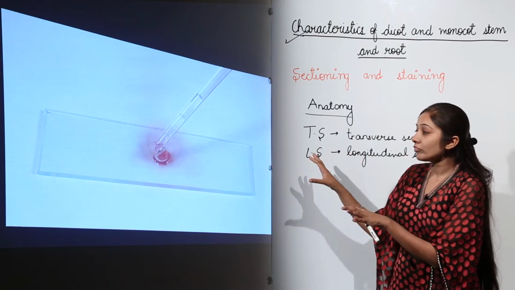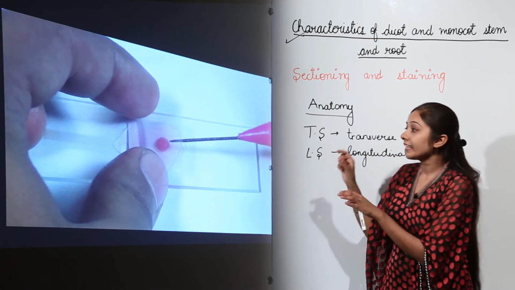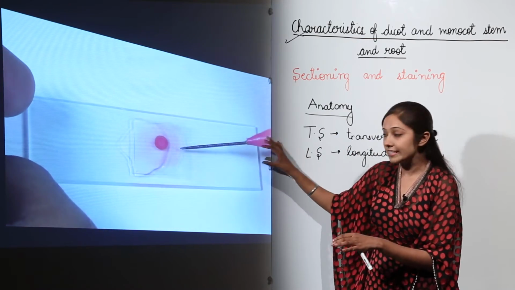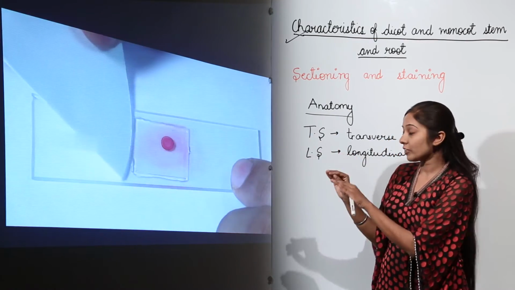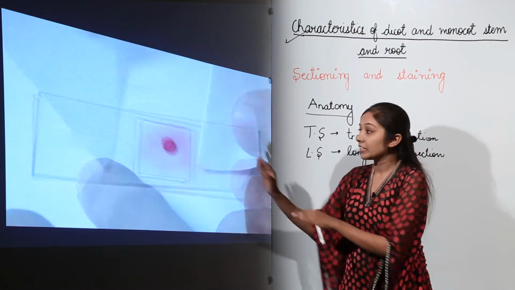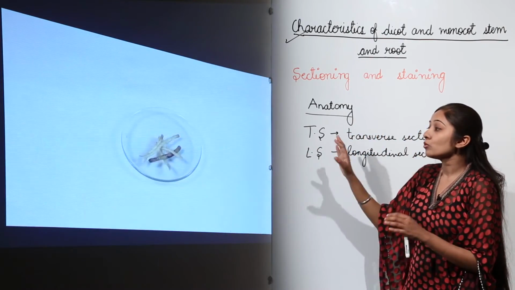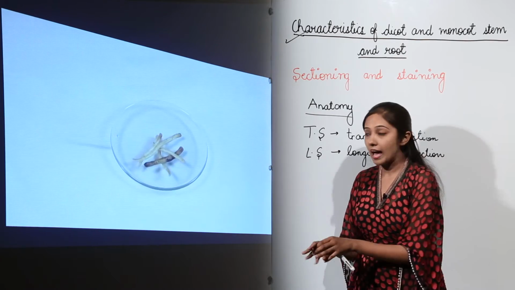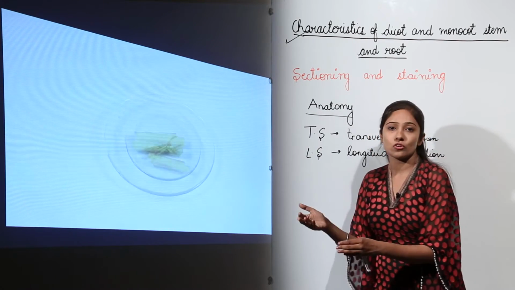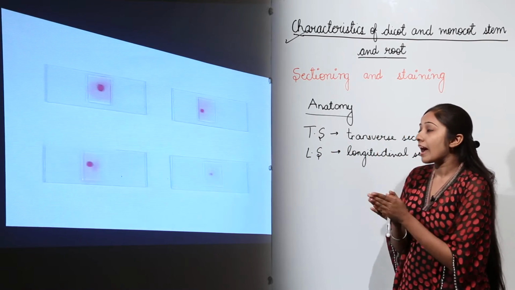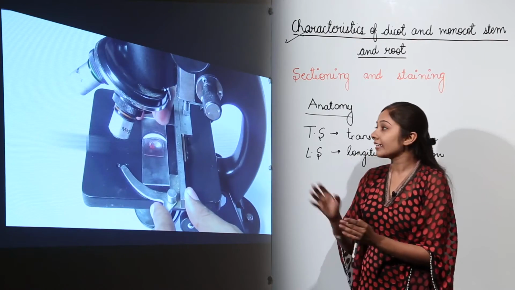When you have removed it, put a drop of glycerine and then put a cover slip with the help of a needle. After this, you are simply going to remove extra glycerine with the help of filter paper. Then you can do this for all other materials you have, the same procedure, the same protocol, right. After this, you will have to view these slides under microscope.